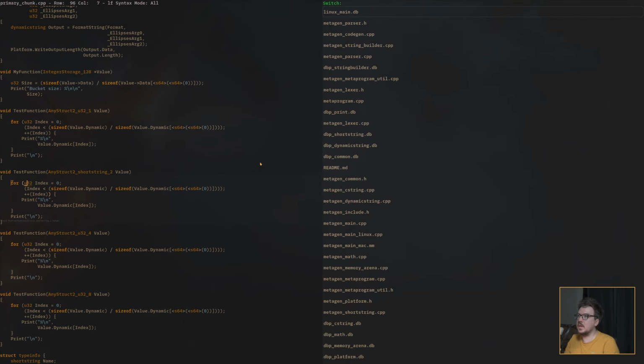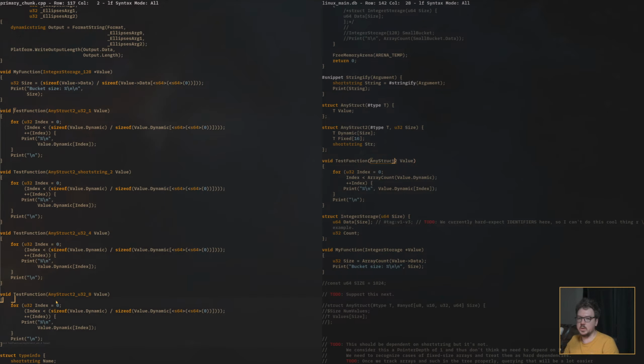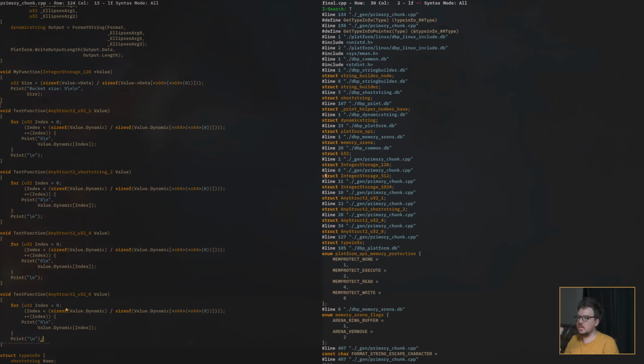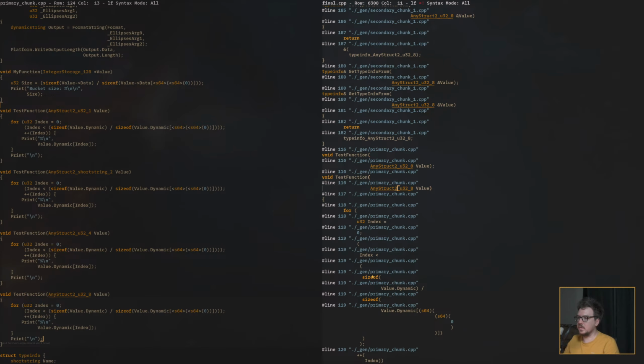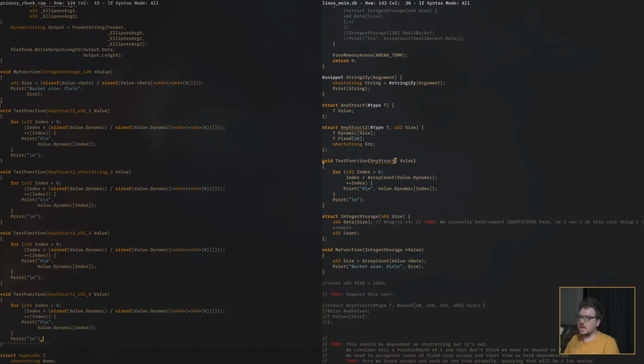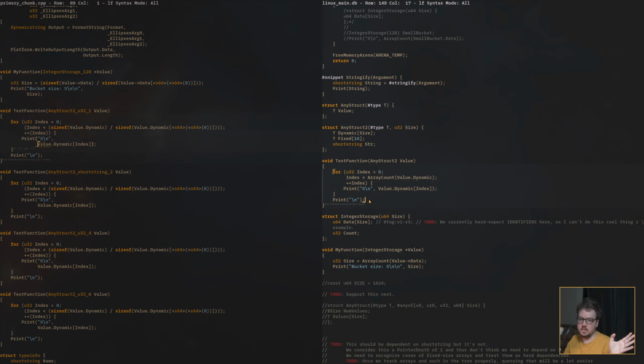So this is being generated from this function template, right? I have this function called test function. This takes a struct template, right? So I have to generate a bunch of different test functions over here, one for each type you can pass it. But all of these things, if I go look at in final, you can see all these different calls that call different things, they report the same location. So if I want to debug this, for any one of these, they all map to this same line.